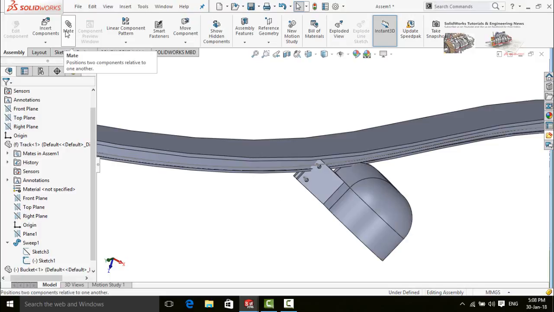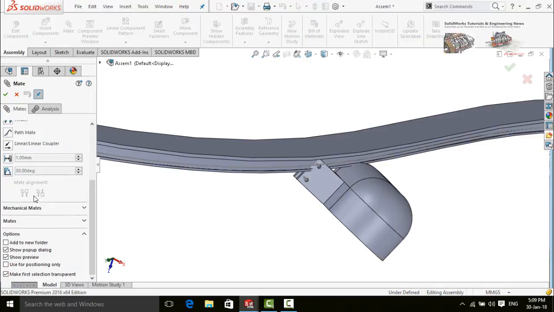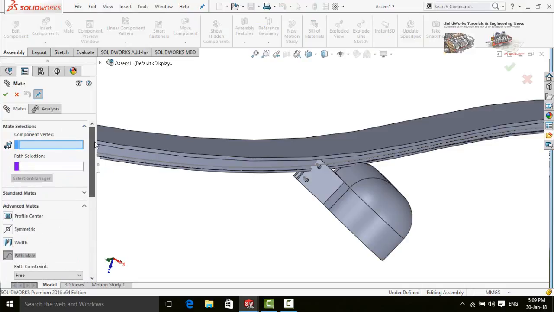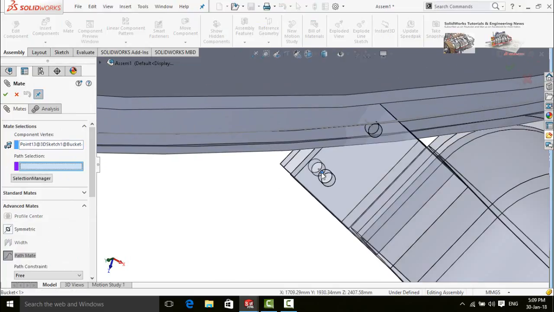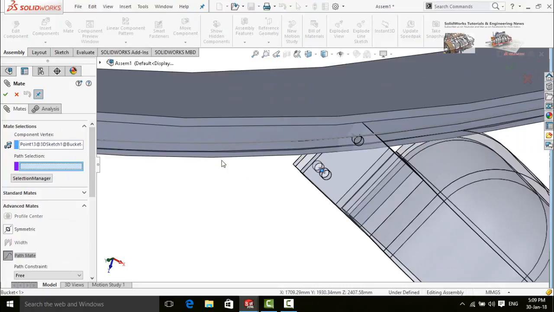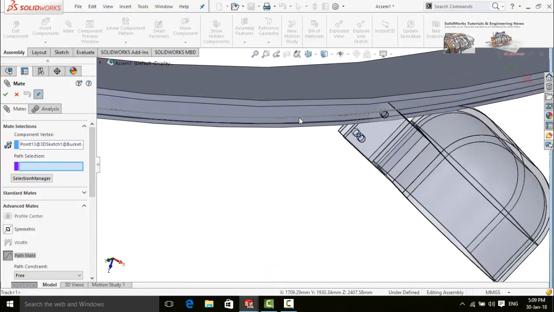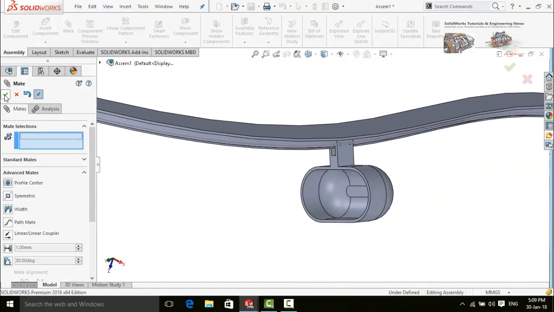Again click on mate, scroll down and select advanced mates, then select path mate. This time select this point as component vertex and then the curve or spline as our path. Press OK button. Again press OK button.